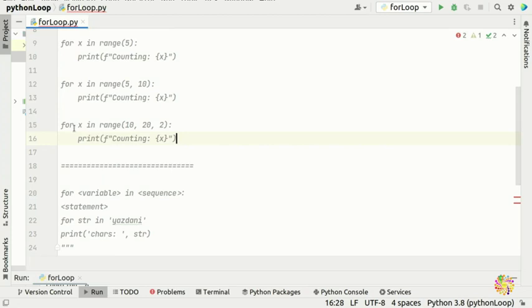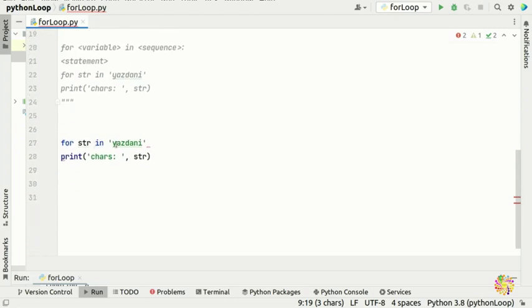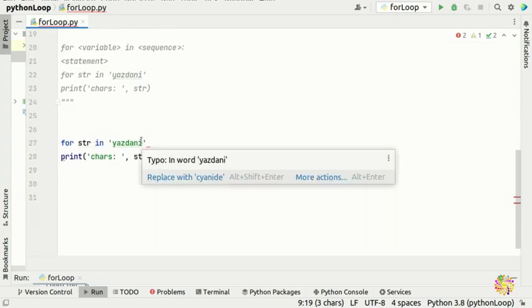Keep in mind, throughout your programming you're going to practice with the range. Anywhere you go in Python, you're going to see for i in x, for i in range, for x in range, for y, z in range, whatever your variable is. Either you want to use single or double or triple numbers. Okay, so now we have here for str in Yazdani or for str in any other